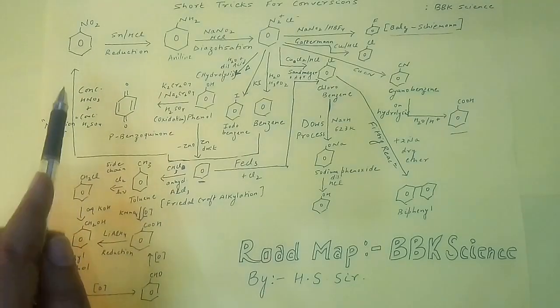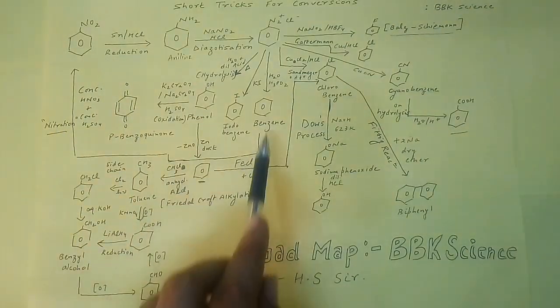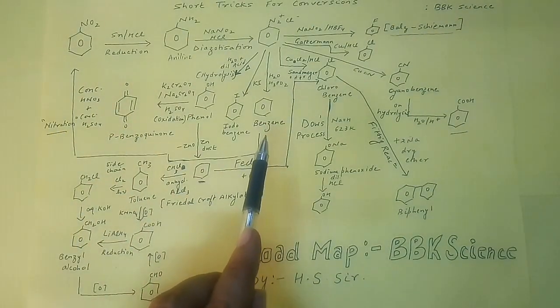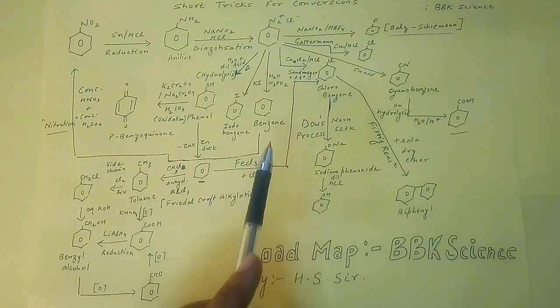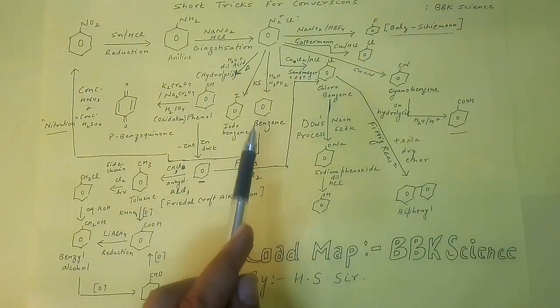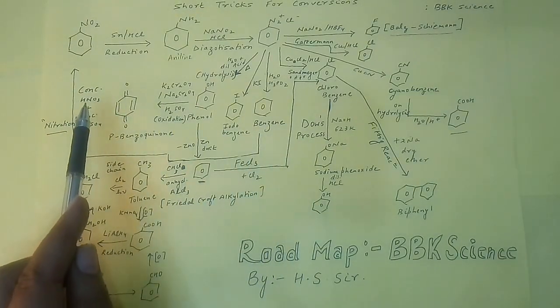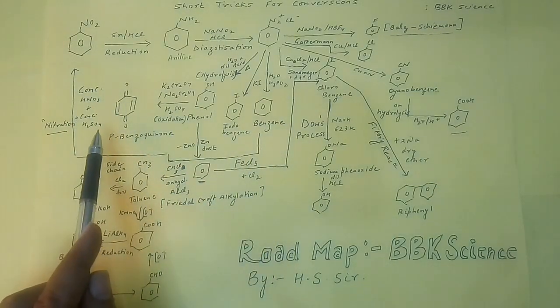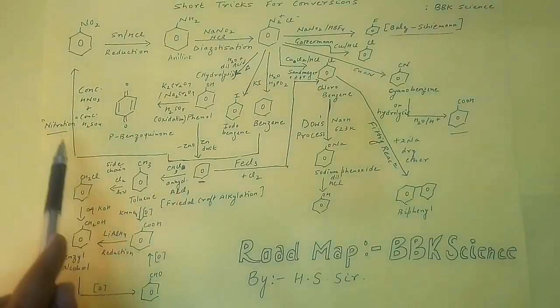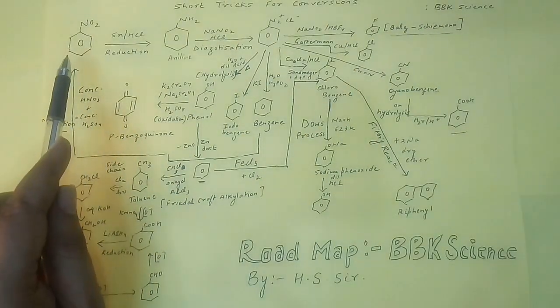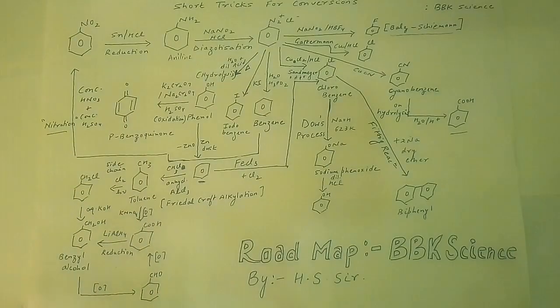How can I again get nitrobenzene with the help of benzene? It's a very simple reaction which is known as nitration reaction. Again, a very important name reaction. What we have to add to benzene is concentrated HNO3 and concentrated H2SO4. This process is known as nitration, and will yield us nitrobenzene. So this is a simple and systematic way to learn different kinds of name reactions.